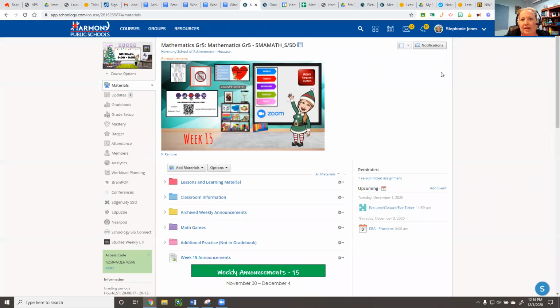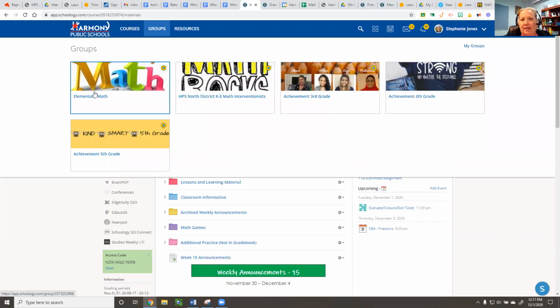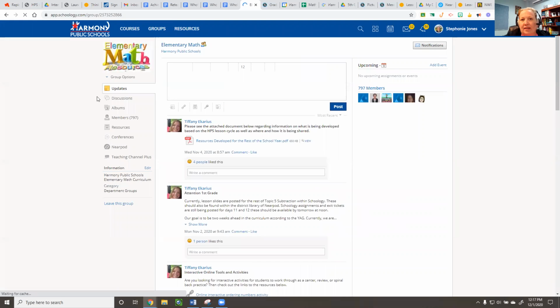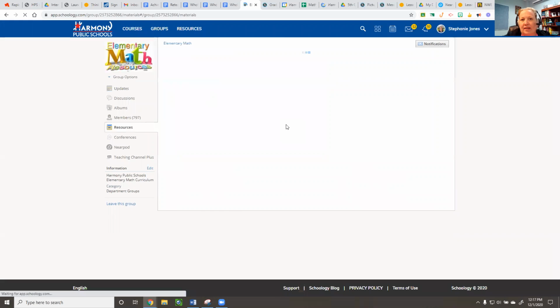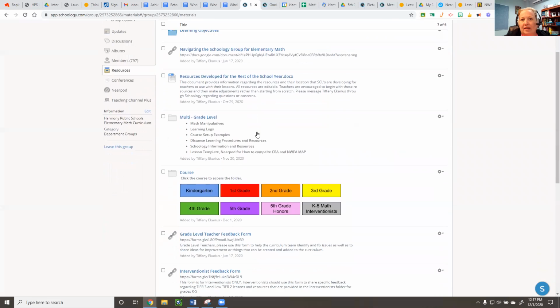Hey guys, so I'm going to tell you about a few things that are coming up that are available to start using now for Reteach plans. So, what you can do through your groups, you go to the elementary math and you'll click on the resources. You'll go to your grade level